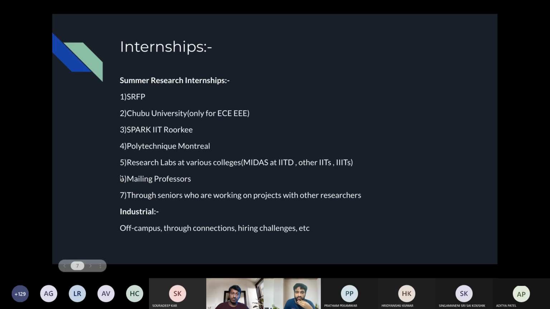At IIT Guwahati as well, we have some professors in the CS as well as EC departments who are working in machine learning. You can send your resume, or a mail containing your interests, and you can get projects from those professors as well, because a lot of people don't work in research at our college, and professors have a lot of projects. So that's quite good. You can directly email professors, like we have Ashish Anand sir in the CS department, Arijit sir, and some of you would be in the